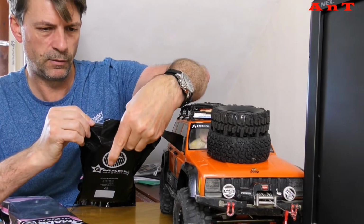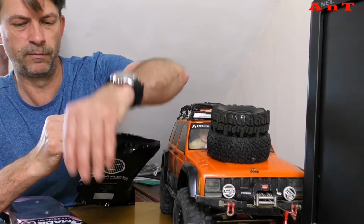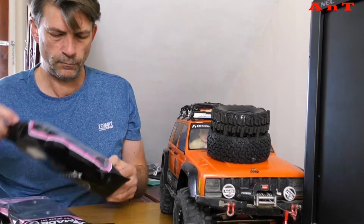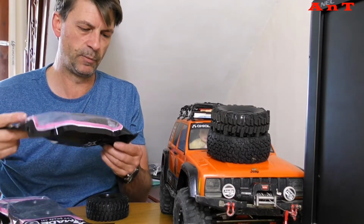are Gmade 1902 tyres. They're not super aggressive. They're not the super aggressive ones. And I believe...